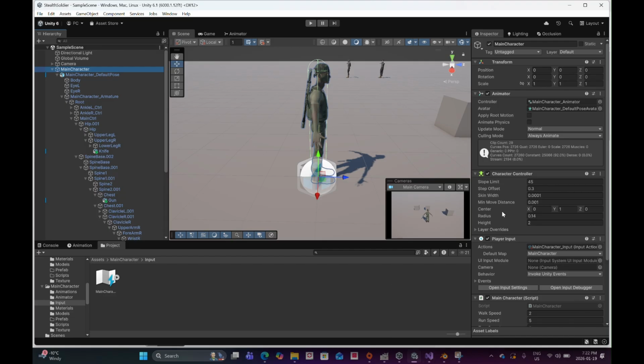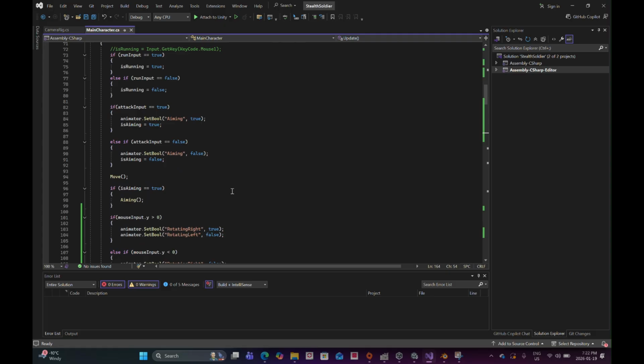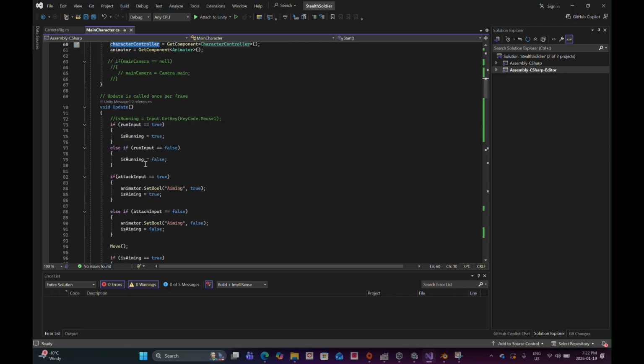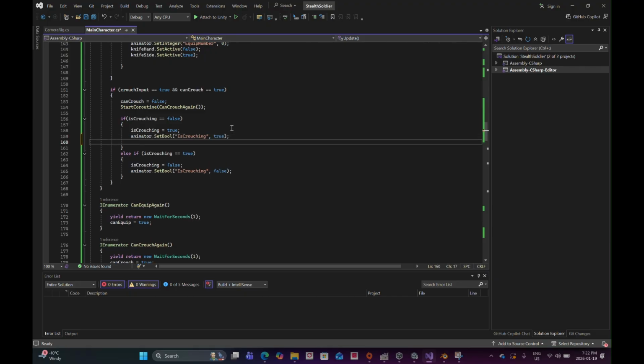So what I need to do in the script is refer to this character controller. This is already set. So whenever he's crouching, when crouching is set to true, then